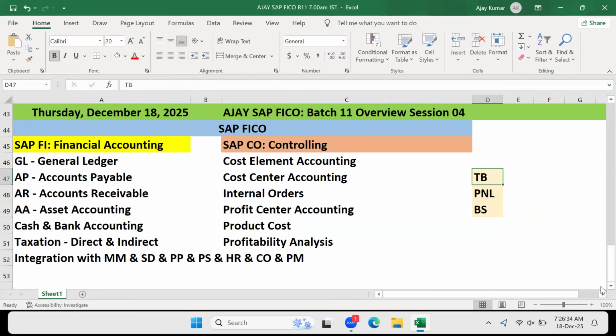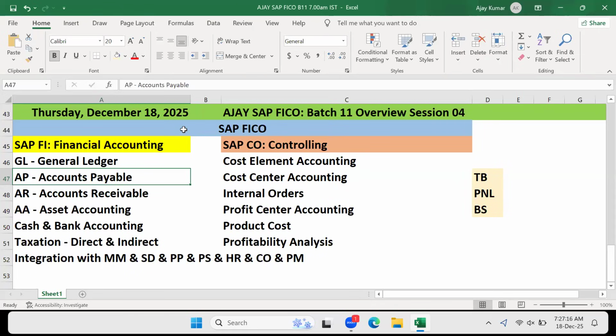You have the second one, which is accounts payable. What about accounts payable? Is it a main ledger or a sub ledger? Sub ledger. Do you take sub ledger in the P&L, balance sheet, or trial balance, or no? No. We do not take sub ledger in the financial statement because the financial statement is purely prepared based on the GL account, right? Yes.